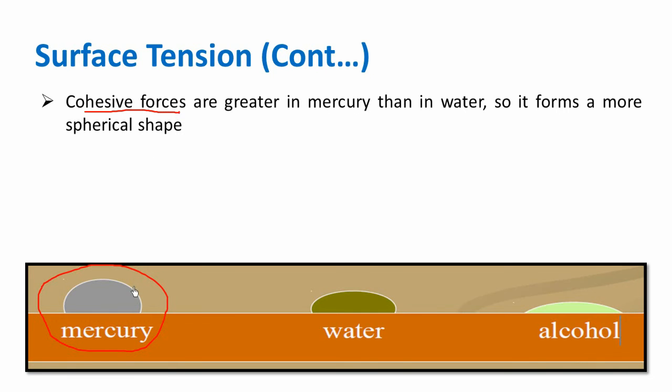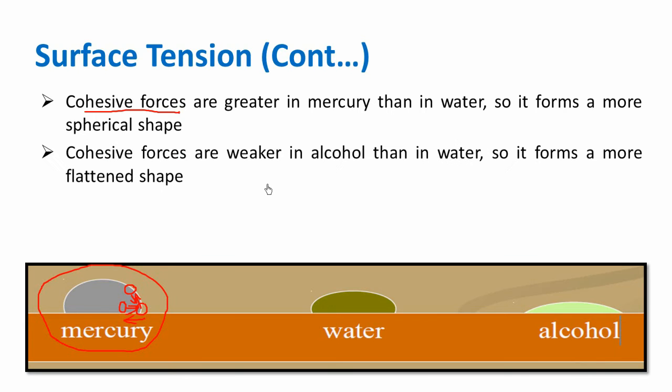If you can see, an atom is there, and we have another atom here. This atom is trying to attract that atom. There is more attraction between atom to atom in mercury. So this atom is attracted more by this molecule, and not only this molecule, we have other atoms here. Because of this pulling action of the adjacent molecules, this molecule is going to move in this direction. Because of that, it becomes somewhat spherical in shape.